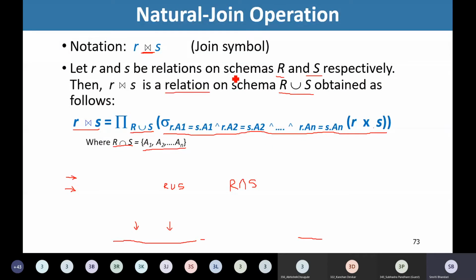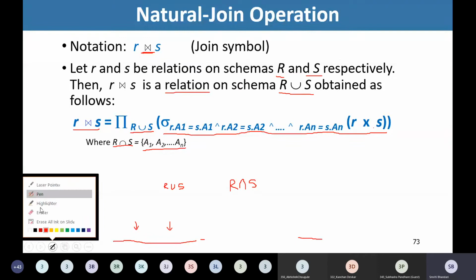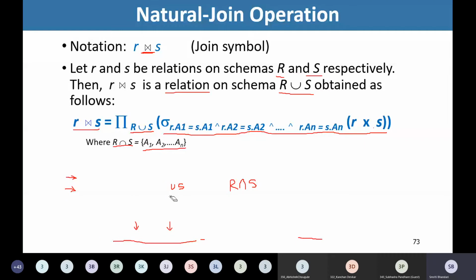So we are having the definition for natural join as shown over here. So as I stated, natural join is the additional operation, and this operation is actually